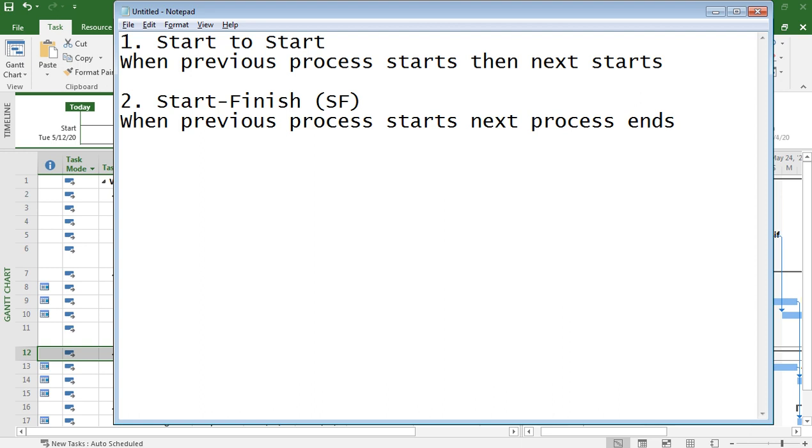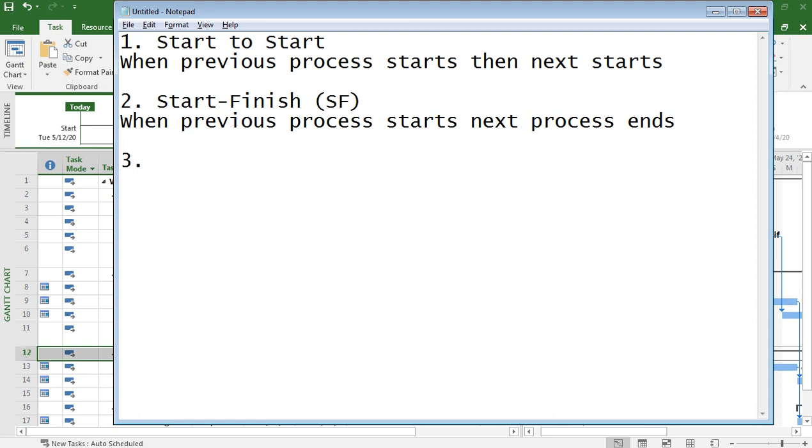For example, we have home page. Home page starts on a date, and the next process ends, meaning there is an activity that ends on that day. So one process starts on a date, and another process finishes. The next process will finish on that day.